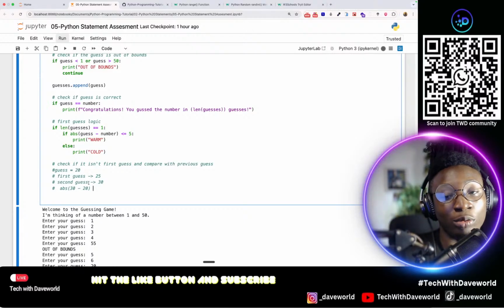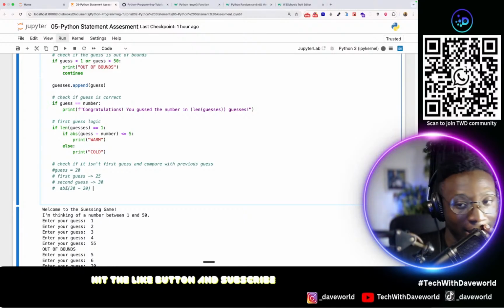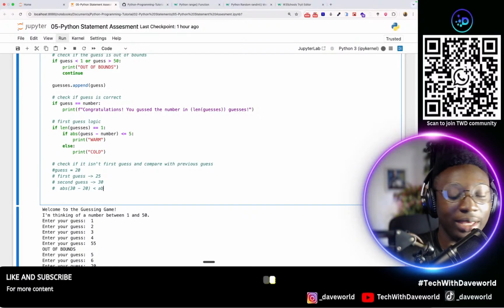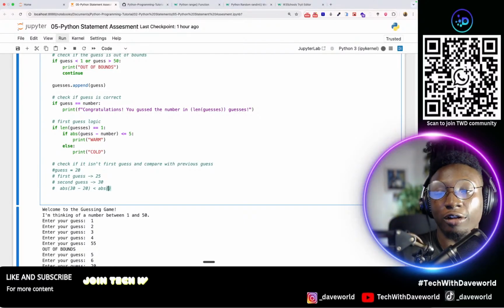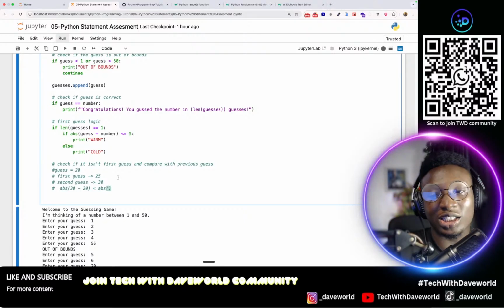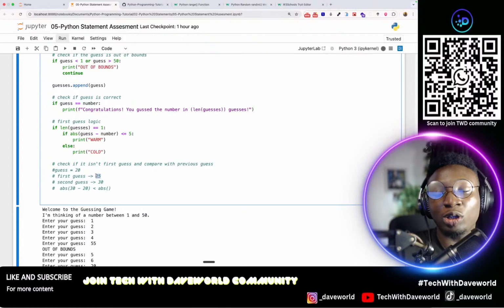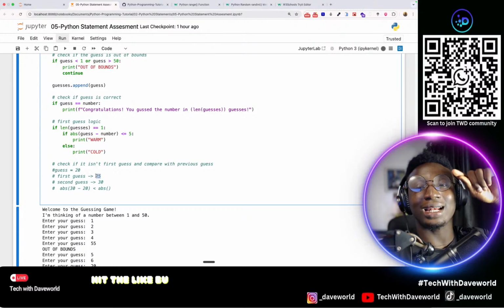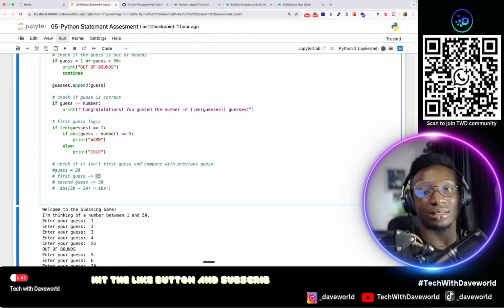This is the logic that we want to implement now. So if 30 minus 20 is less than what? ABS of the previous guess. So the previous guess is 25 right now. So how do we access 25 in the list? Obviously, the previous guess will be index -2,